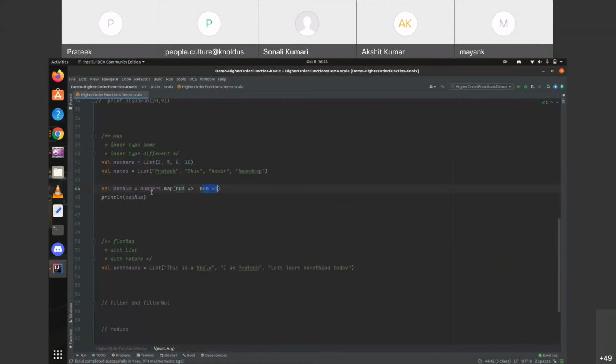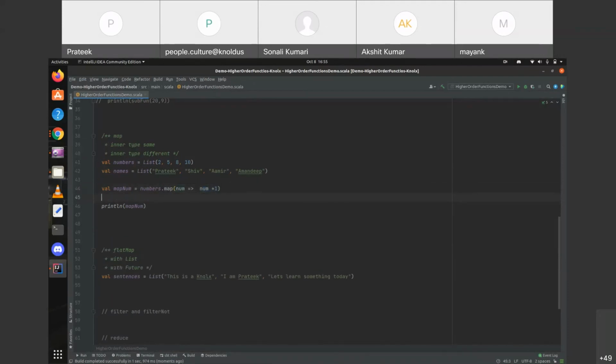So one other way, or the shorthand for calling the same function, would be, instead of passing the whole function, we can simply do it like this: underscore plus 1. It will also give us the same result.